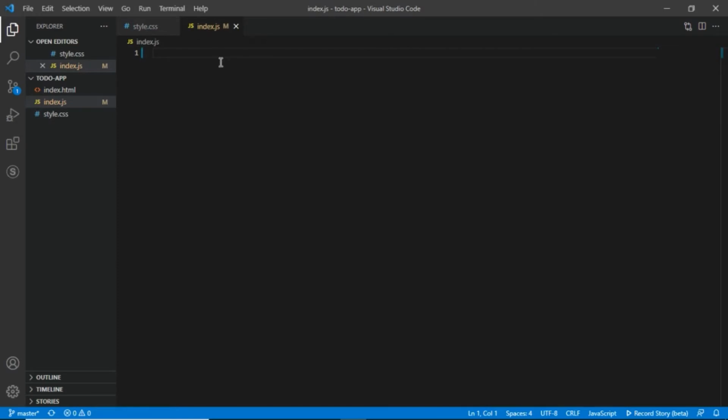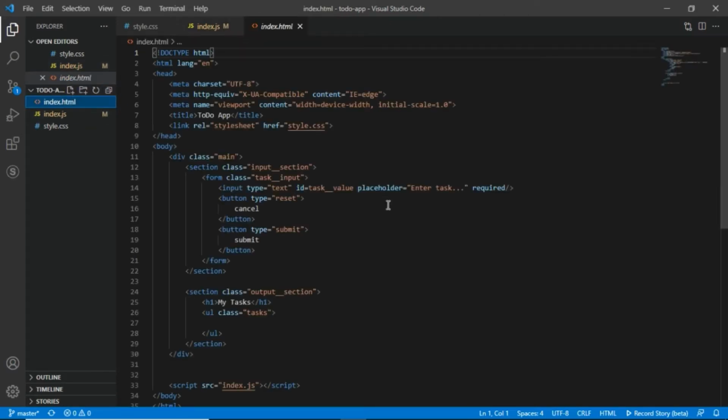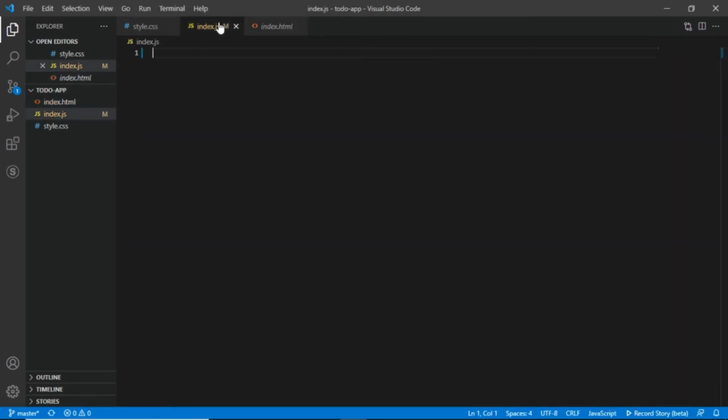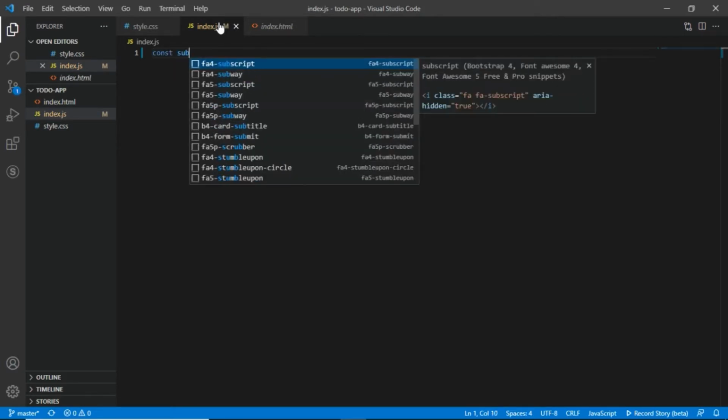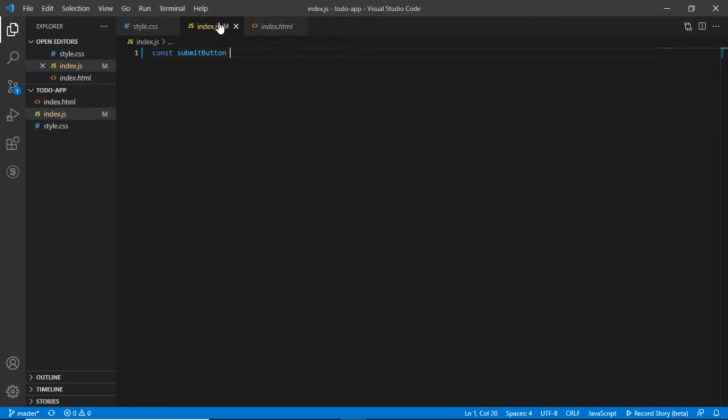So let's quickly jump into the JavaScript and focus on the logic behind the build. And for this, let me quickly show my HTML. I'm going to access all those inputs and places using DOM manipulation, and I'll be accessing them via these classes that I had put here previously. Okay, so for that, I'll first access my submit button, and I'll say submit button is equal to document